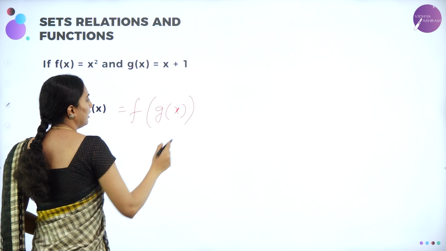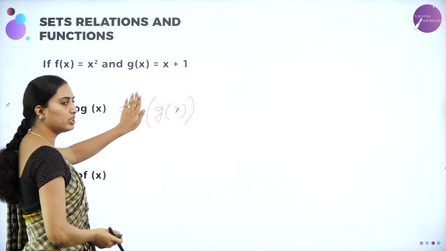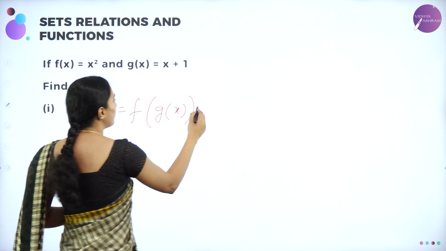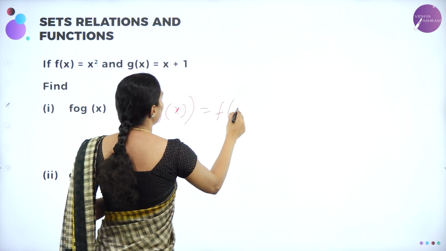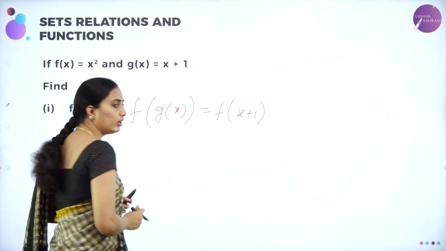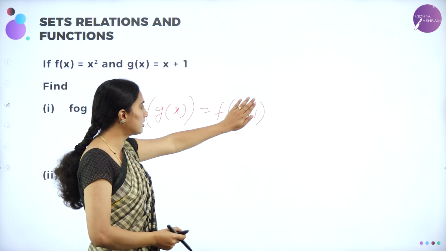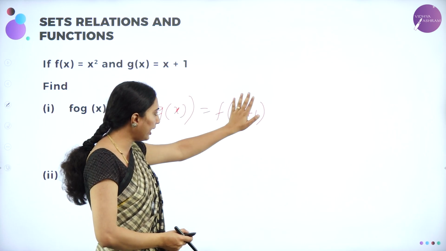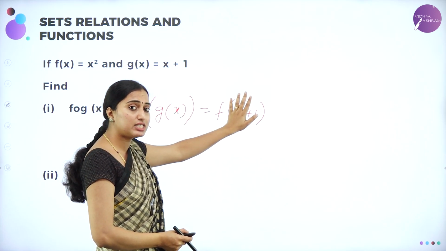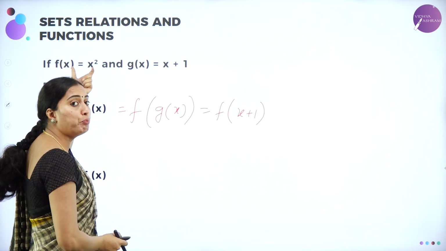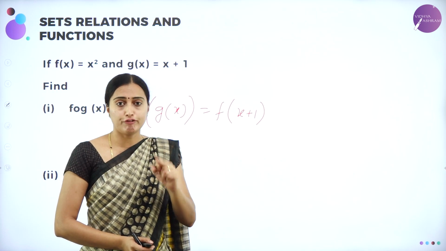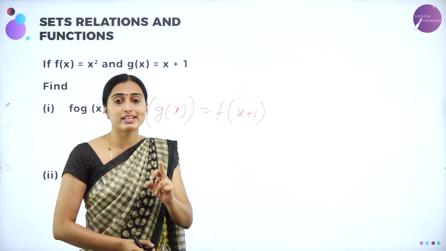Therefore, here we are going to write fog as f of g of x. Now, you are going to close this one. What is g of x? G of x, you know already, is x plus 1, writing that. So, it will become f of g of x is f of x plus 1. Now, dears, this whole term is nothing but x you are going to consider. F of x. Therefore, wherever x is there in f of x, put x plus 1.